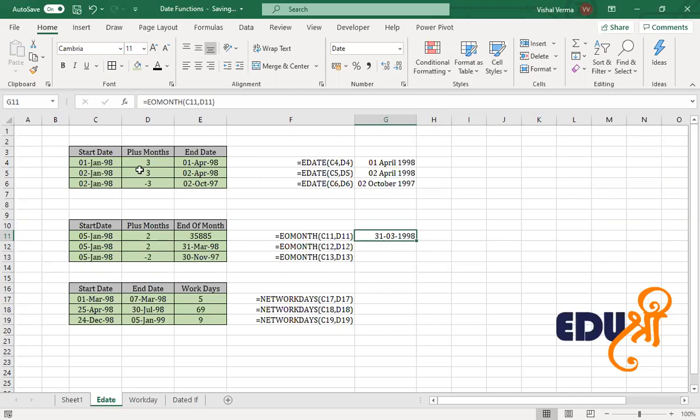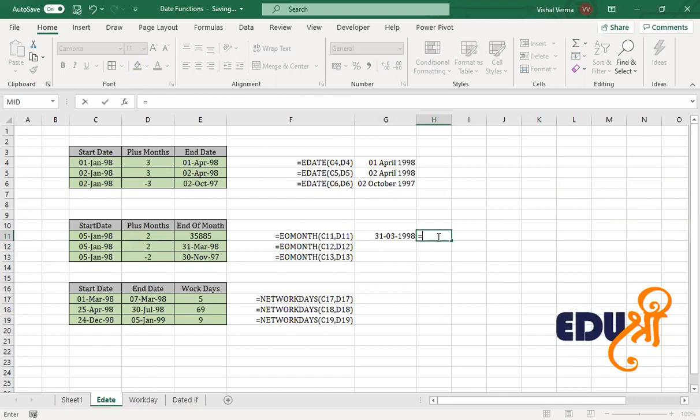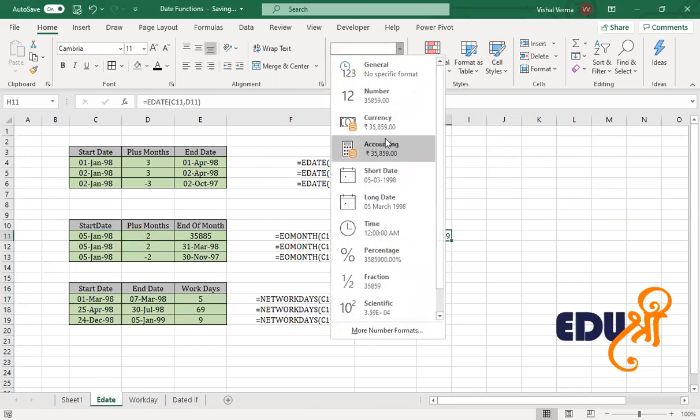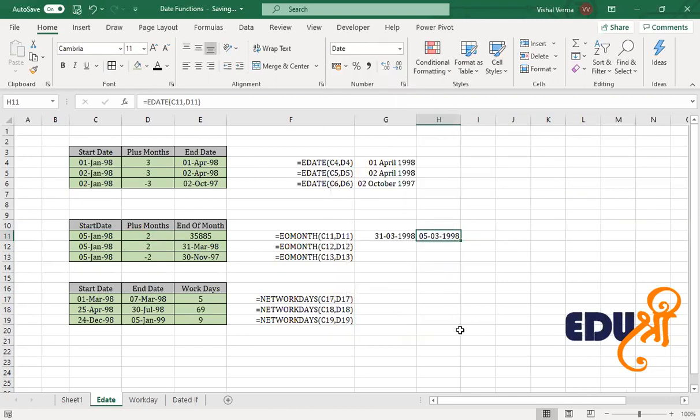The same thing if we do using the EDATE function, we are getting the 5th of March, but with EOMONTH it is getting 31st March because it is taking the last date of the month.